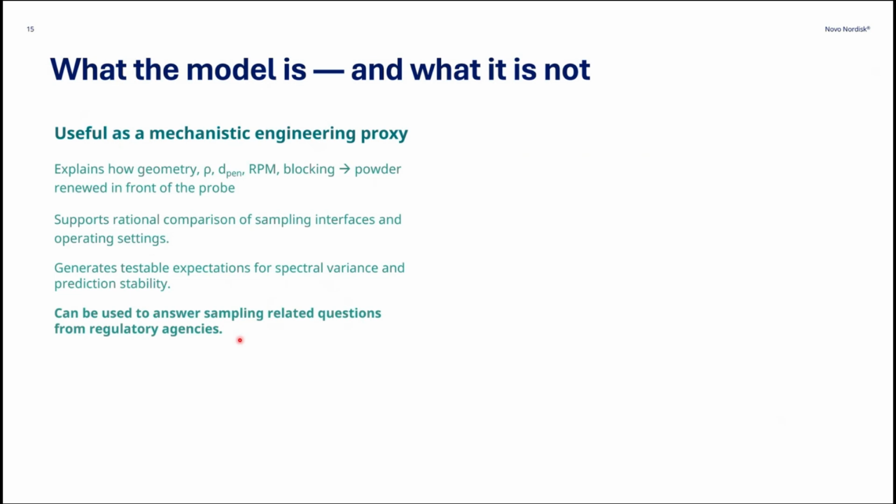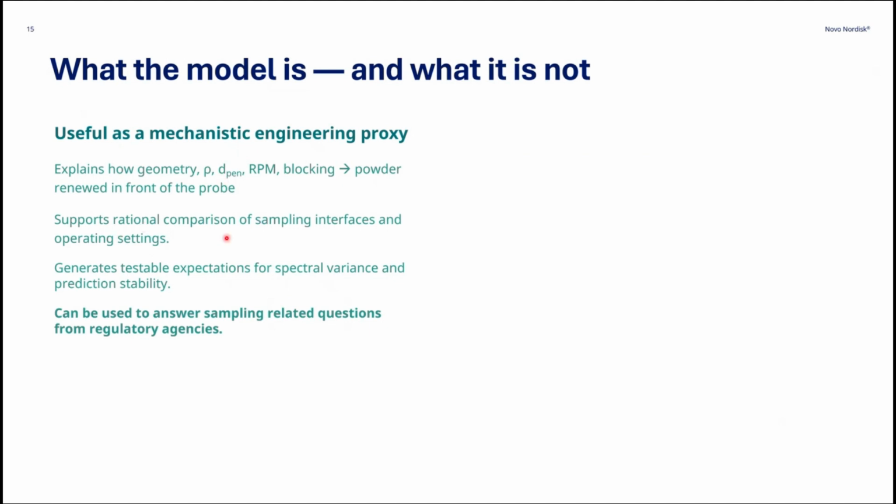So what such a model is, and certainly what it is not, I would call it a mechanistic engineering proxy, because there's a lot of assumptions here. I also made it maybe a little bit too simplistic for some people. If they go into the literature, you could find that the optical interaction is maybe not a cylinder, it's something that looks a little bit different, and then you can multiply with a geometry factor if you want to.